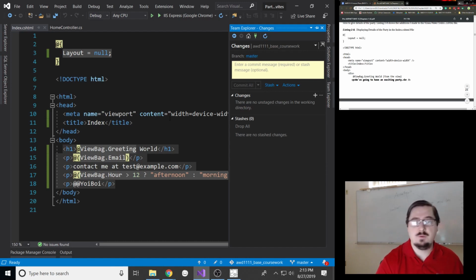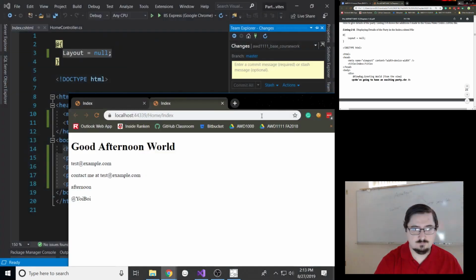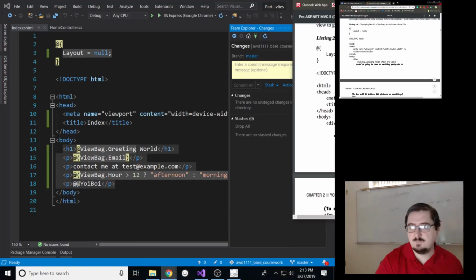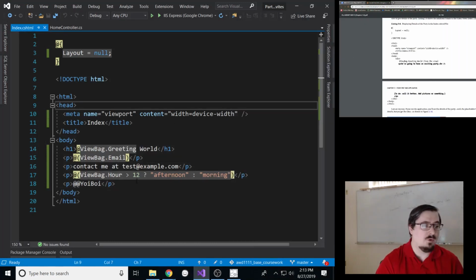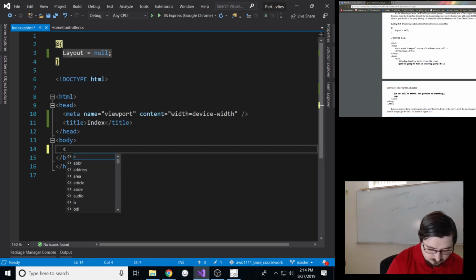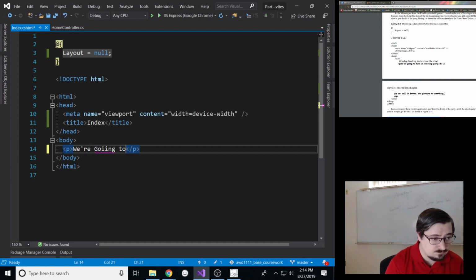Okay? So in the view, I need to bring in the code from the book. So I'm going to get rid of everything that's currently in the body, and I'm going to change that to the text that's in the book. We're going to have